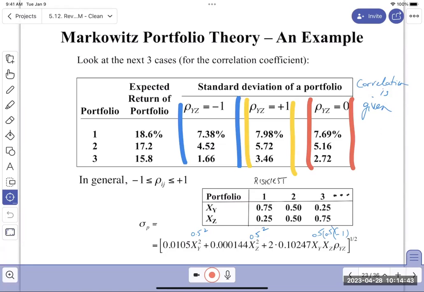Okay, so I just did it in pieces. Okay, what I get is this is 0.002625. And then this is